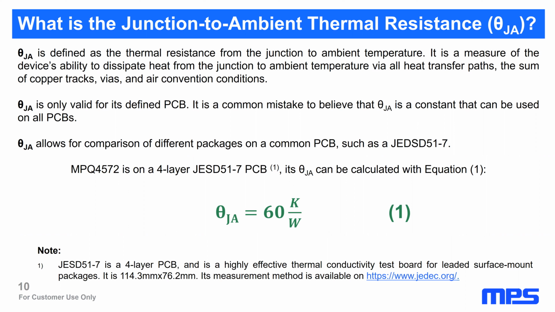So the theta value is only for comparing package A with package B if they are mounted on exactly the same PCB. For example, if you have packages A and B of 3 × 3 millimeters, and one package has a lower number, then you know this package is a little bit better than the other package of the same size. That's the message of theta, nothing more.